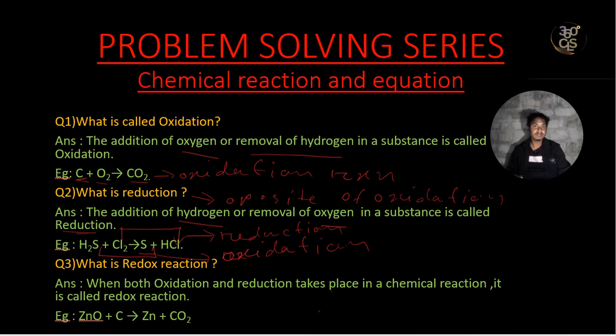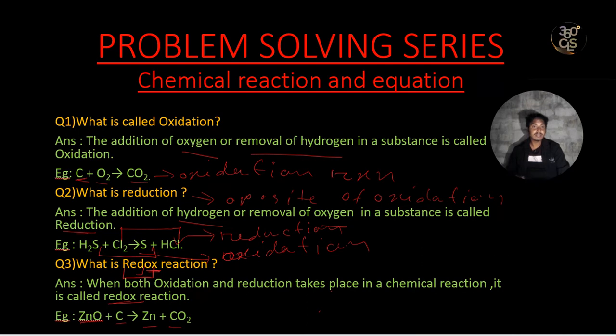Okay. Now the third problem is: what is redox reaction? From this word only we can say RED means reduction and OX means oxidation. So when both oxidation and reduction take place in a chemical reaction, then it is called what? Redox reaction. For example, zinc oxide plus carbon gives us zinc and